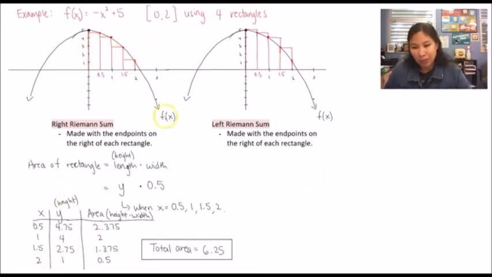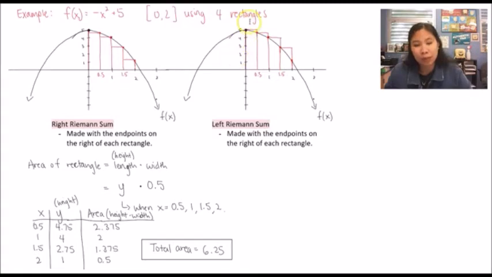So now I'm going to do the same thing this time with the left Riemann sum. So we're still looking for each area. So we're looking for the height times the width, and the width is going to be exactly the same here because we still have 4 rectangles from points 0 to 2. So if our width is exactly the same, then really our heights are what's going to change